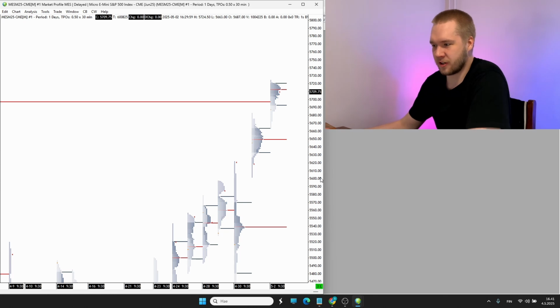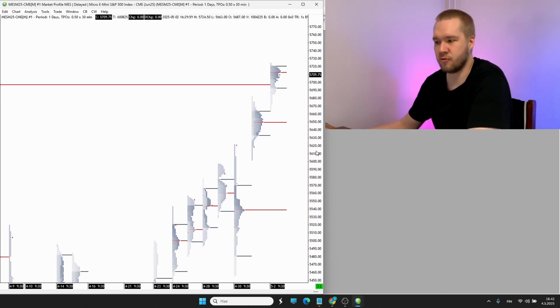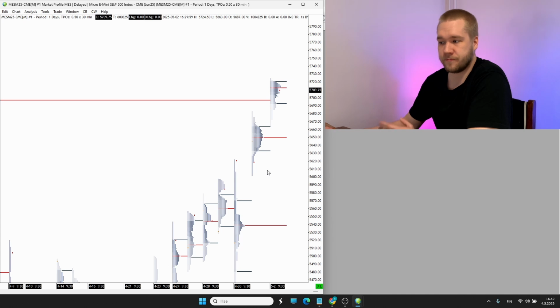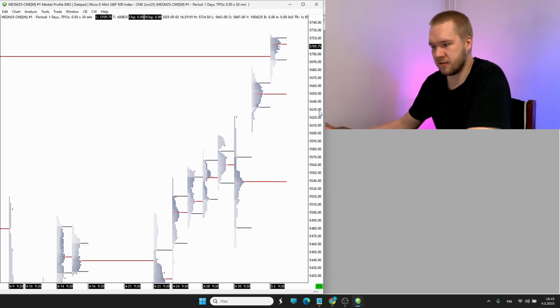This is the market profile which I use when I trade. It's very clean, there's no noise, very easy to read, very easy to understand,